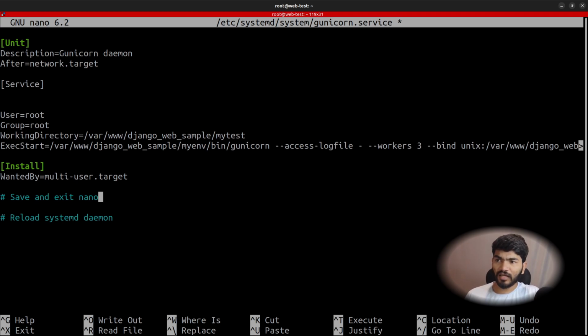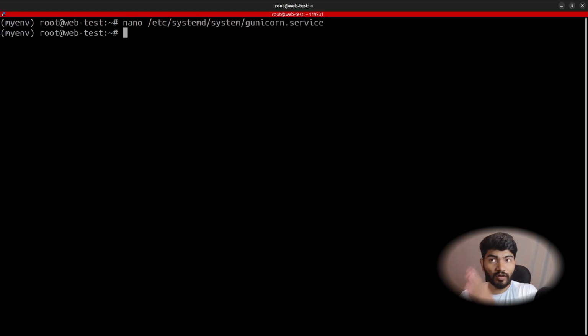And there is again WantedBy=multi-user.target. You need to add that, and let's remove this command actually. Once you do this, hit Ctrl+S, then Ctrl+X. If you are not able to copy paste the exact same content, don't worry, I'm going to create a blog. I will paste that blog link in the description so that you can just copy paste this particular config